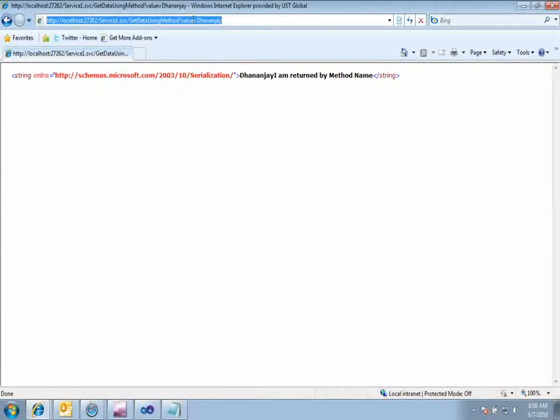What I am going to do is, if you change this value to value1, not the exact parameter name which you have given in the method, you can see you are not getting the value which you are passing as input parameter. So you need to make sure that the parameter name and the name you are calling through the URL must be the same.